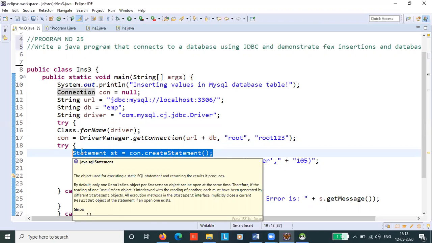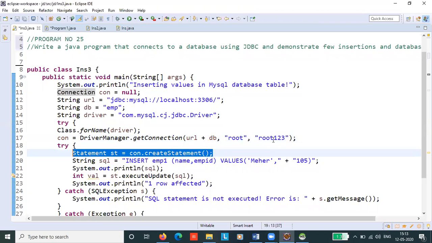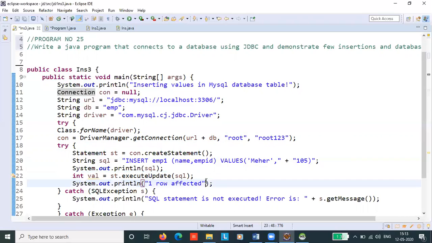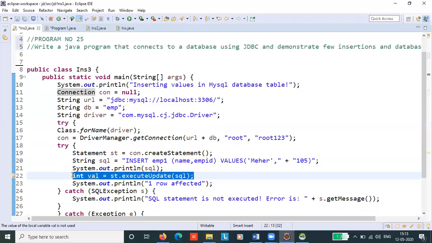So with the help of this, you can execute the queries. Look at this, st.executeUpdate. With the help of the Statement interface, we are able to execute the queries with the database.